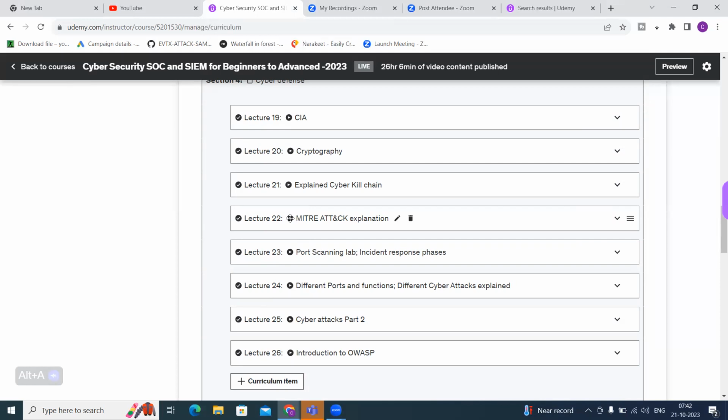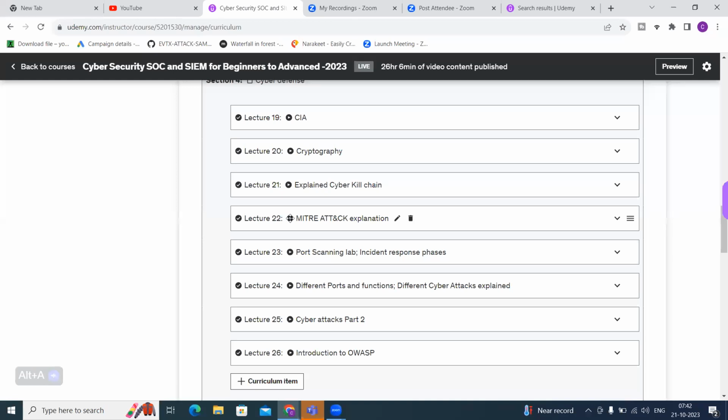In such cases they do scanning activities, where they try to fetch as much information as possible about the organization. One of the methods is port scanning, where we try to find open ports and closed ports. In this particular session, we'll be performing port scanning,